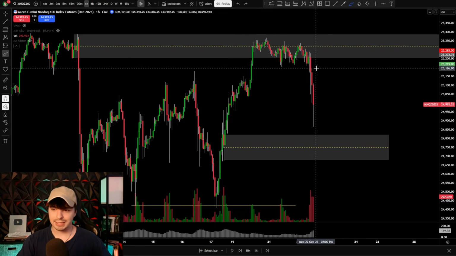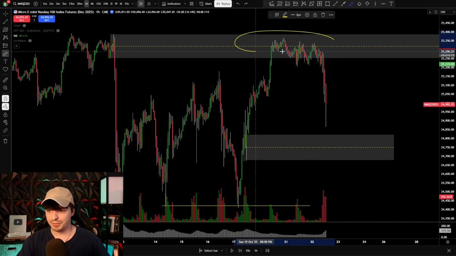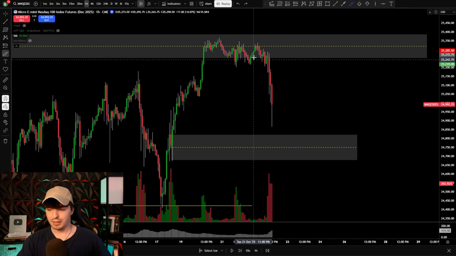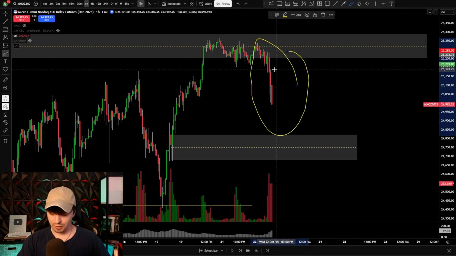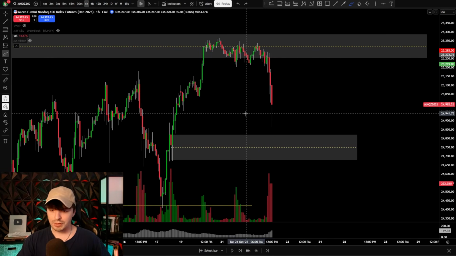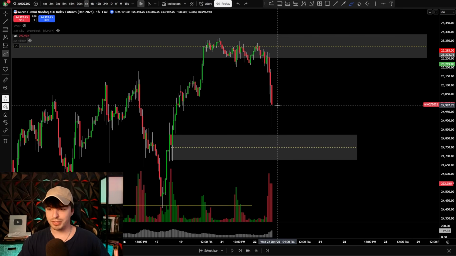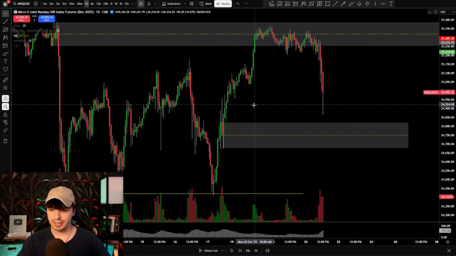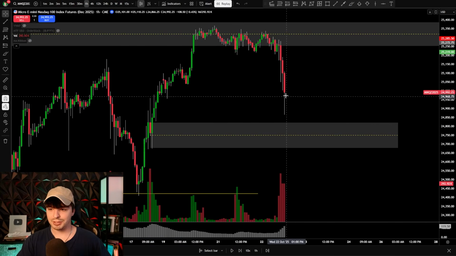We've now done exactly what we thought was going to happen, which was reject that bigger time frame level of imbalance, right? And so now we're just kind of waterfalling down. So where is the target? Where is price likely to go? Down to this area of imbalance here, okay? So that's essentially the next target for price.